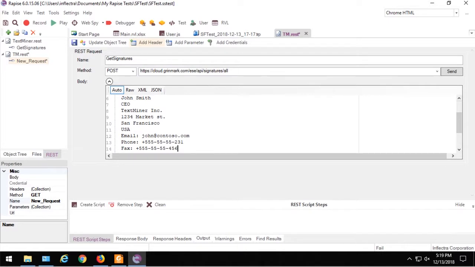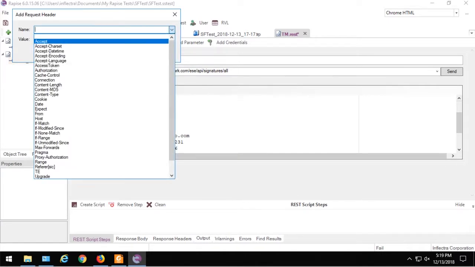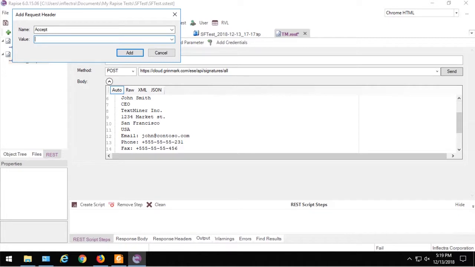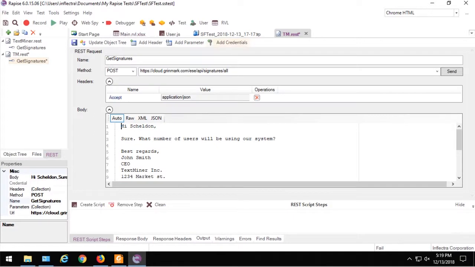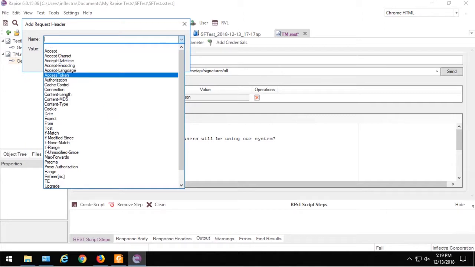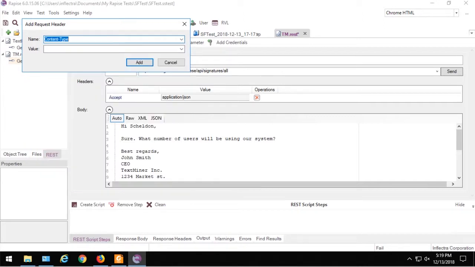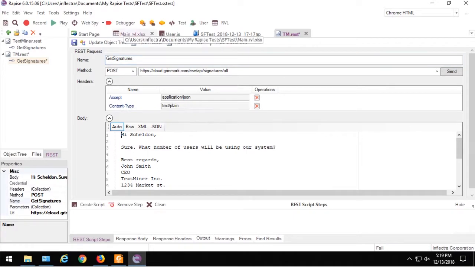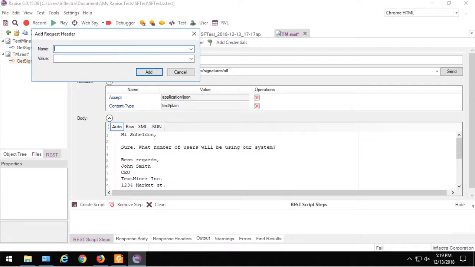the response. So first I need to add header accept. Returned value will be JSON, so here I type application JSON. Also, what I send to the server is just plain text, so content type of my request is text plain. And also the service requires me to provide access token